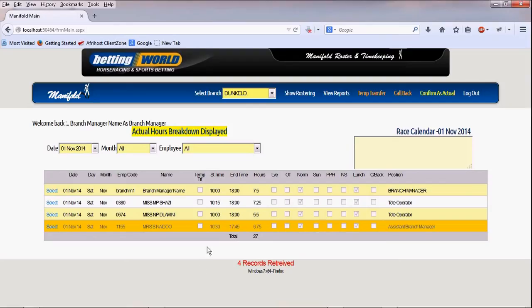Now through this facility we are also able to do temp transfers, which is in essence when we borrow an employee from a different branch and we bring them to our branch for a particular day, and we are also able to do callbacks, which is a situation where an employee is on leave or they are off and they'll call back into the branch for any particular reasons to work. Those will be captured using these two buttons here, the more details of which we will run through in the detailed